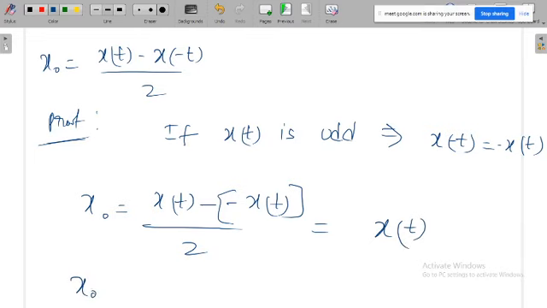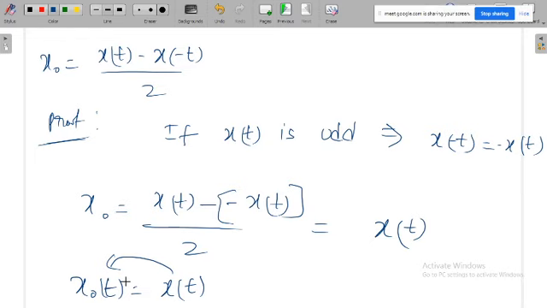again that is equal to x of t. Because you are given the odd part of the signal, if you try to extract the odd part from that signal, you will get the original signal only, because that signal consists of only the odd part. So that means if the signal is given, it could be either even or odd, or it could be neither even nor odd. That we will see later.